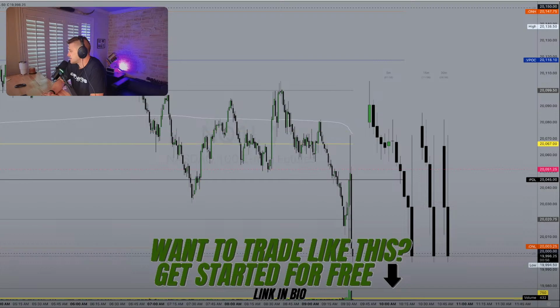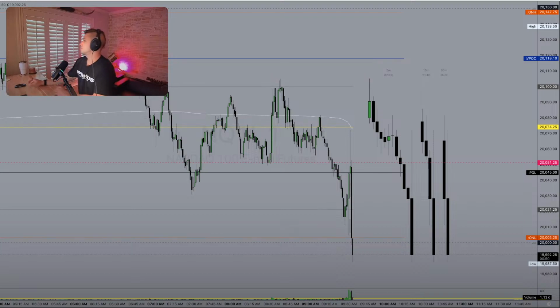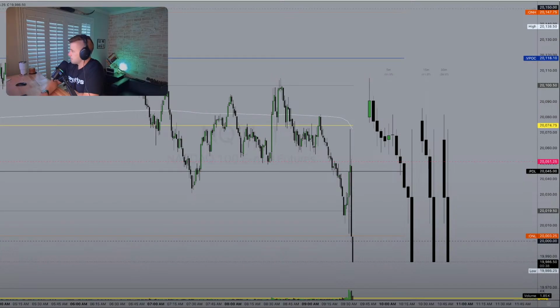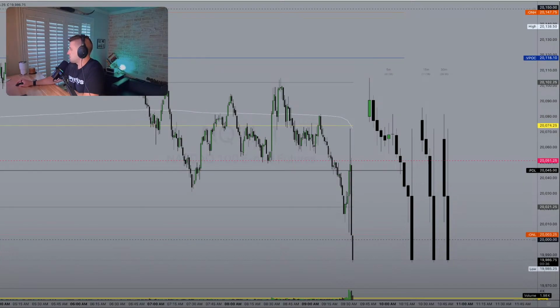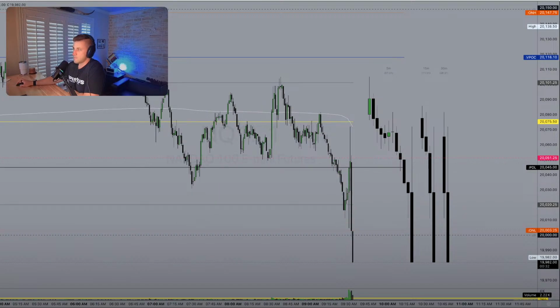Pretty much every index right now, we're seeing some selling. So beneath 20K is pretty much hands off for me.